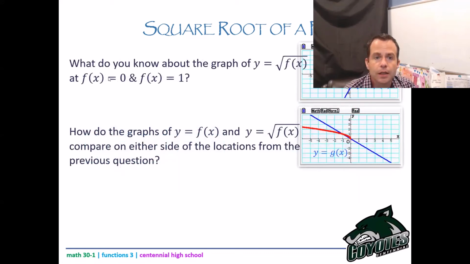Okay. We'll just answer these questions first. What do you know about the graph of y equals the root of f of x at f of x equals 0 and at f of x equals 1? Well, I know I have invariant points there. Okay, and